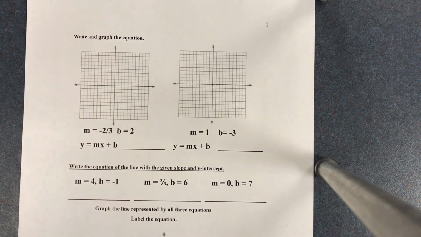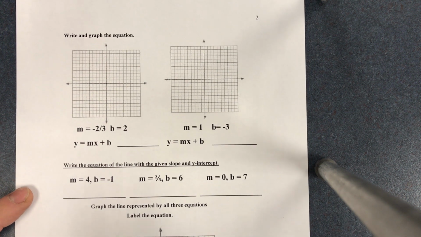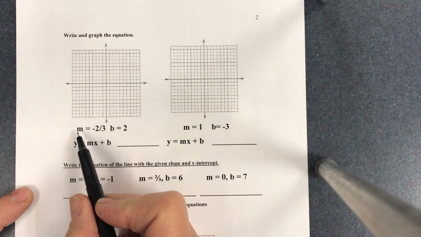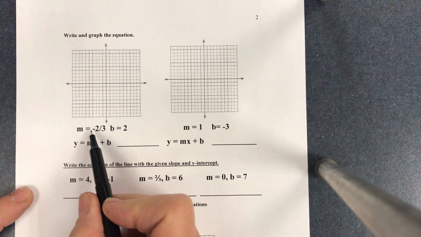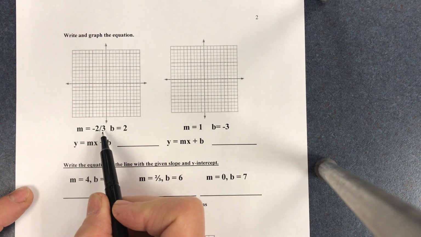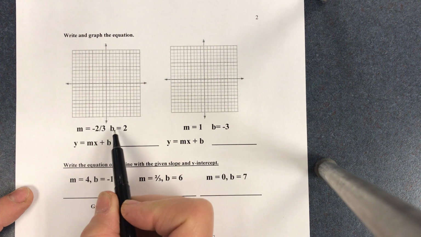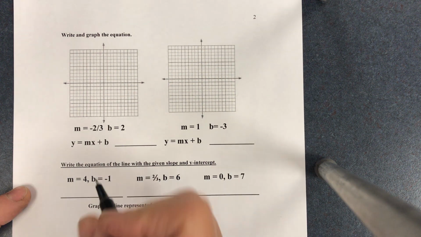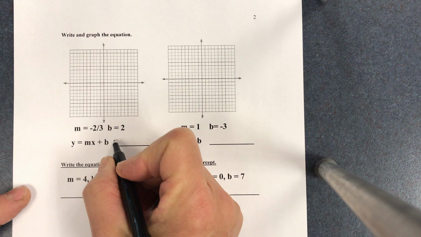Okay, I'm back again, and now we are going to write the equation of the line and graph the equation. So I've been given some information here. Slope is equal to -2/3. Y-intercept is 2. So if I'm going to write the equation of the line here, I'm going to use my